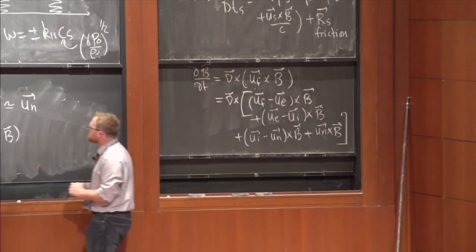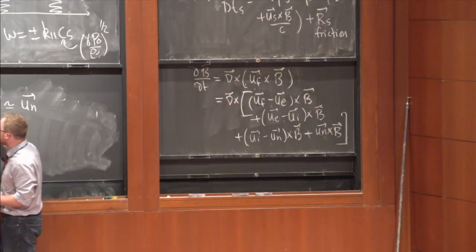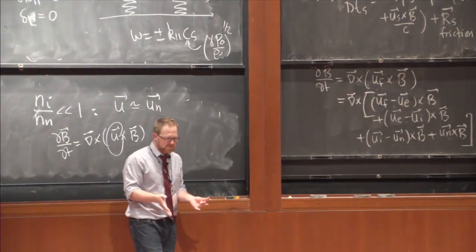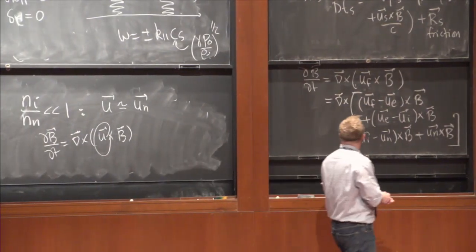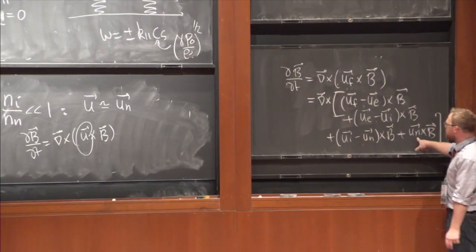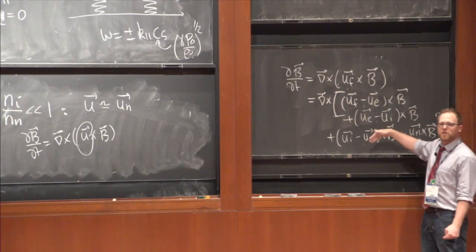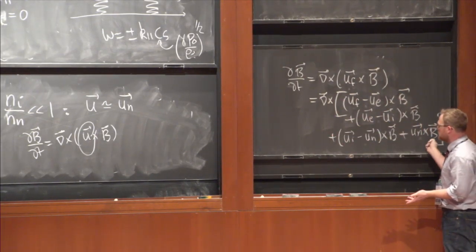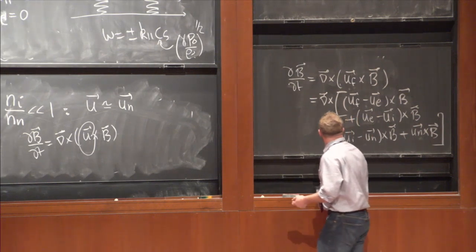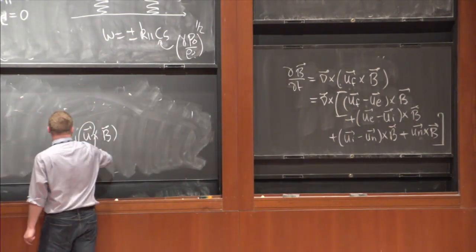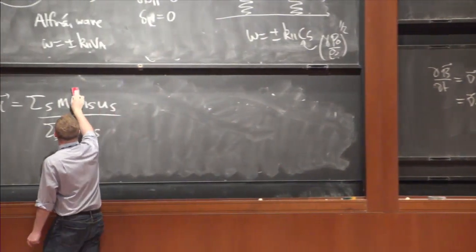But if we had a system where the bulk of the plasma was neutral, and so the momentum, the inertia of the plasma was just dominated by the neutrals, it would really, really help to write an induction equation which looked like it was frozen in the neutrals, but for additional terms. And this is what it is. So we haven't really achieved anything. We've just added 0 a bunch of times.